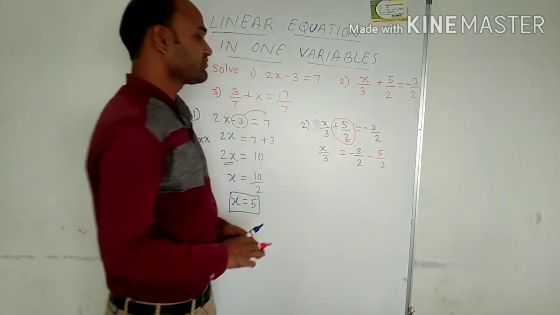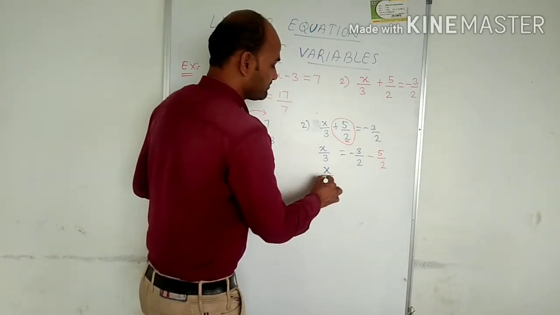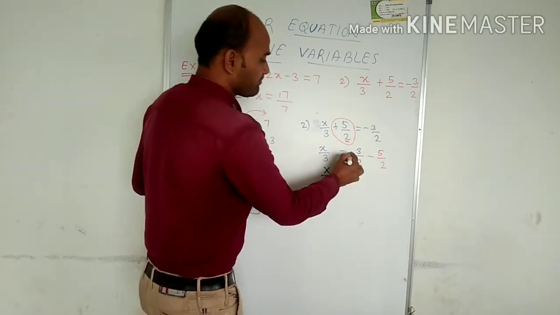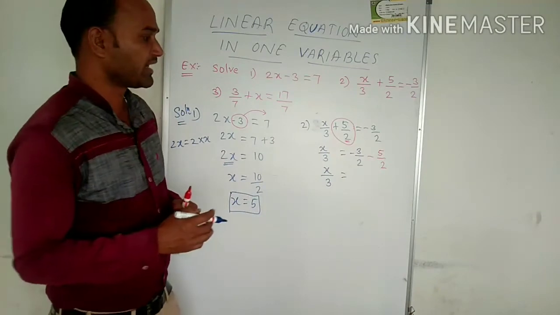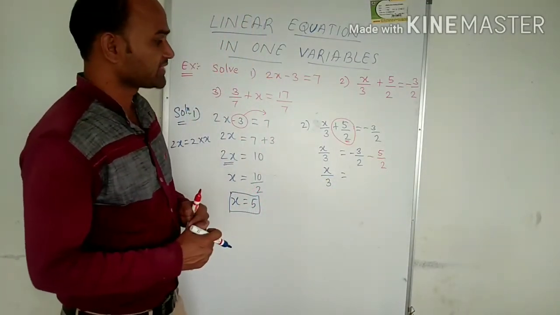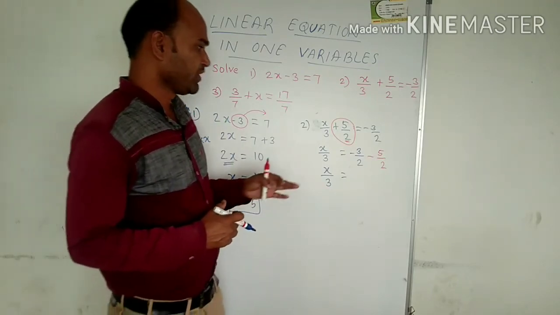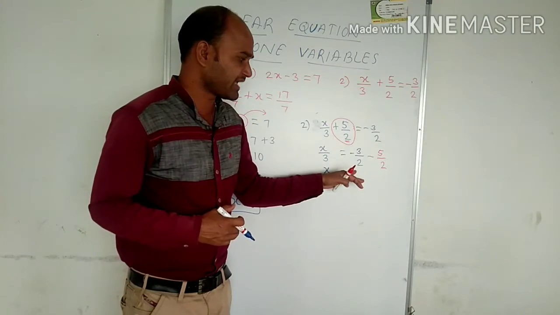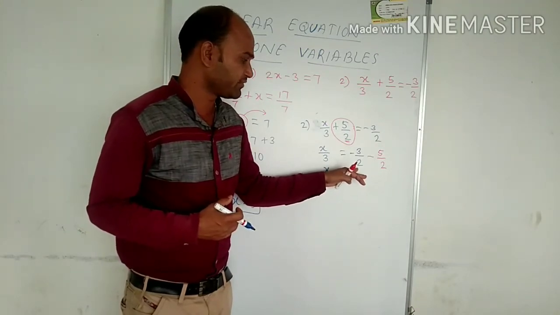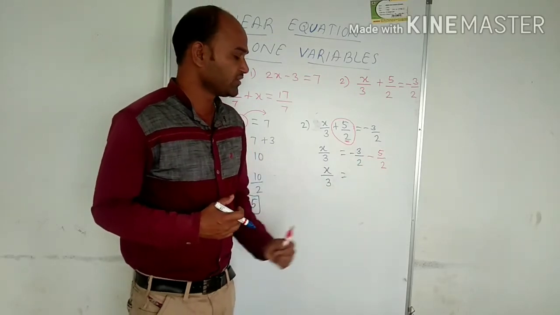Okay, so then next, how to solve further. You know that we have to simplify this first one, minus into minus. As we know, the denominators must be the same, then only you can simplify, otherwise it is not possible. While adding or subtracting rational numbers, be careful that the denominator is the same. So here both the denominators are the same.